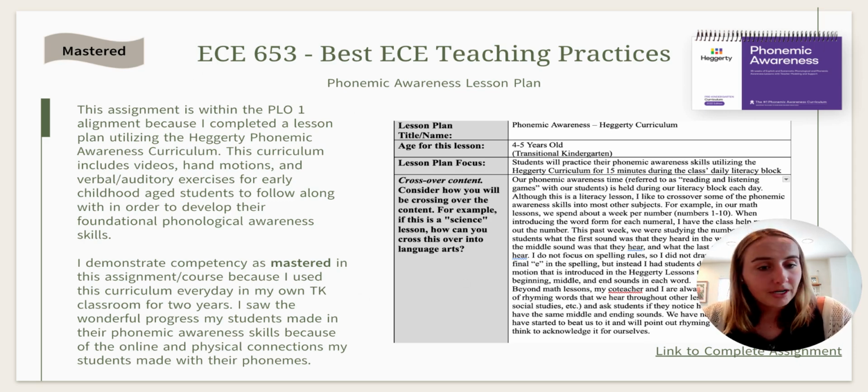The curriculum includes videos, hand motions, and verbal auditory exercises for early childhood age students to follow along with in order to develop their foundational phonological awareness skills. Although this curriculum did include a lot of in-person exercises, like I mentioned, either with hand motions or the students repeating back what they hear, a lot of it was also conducted with videos. There would be a video that we would watch every week at the start of the week in order for the students to get an introduction of what the next lessons were going to be like